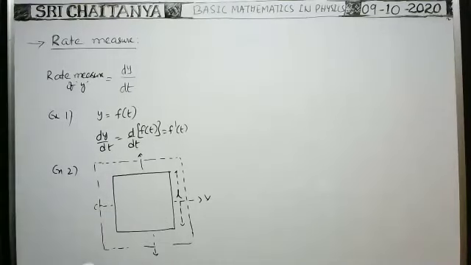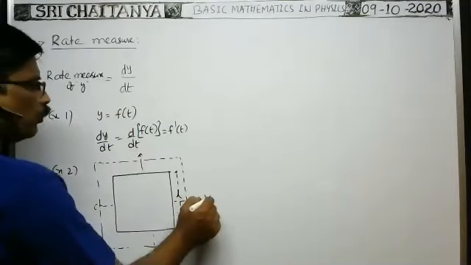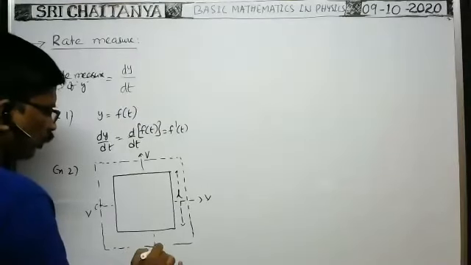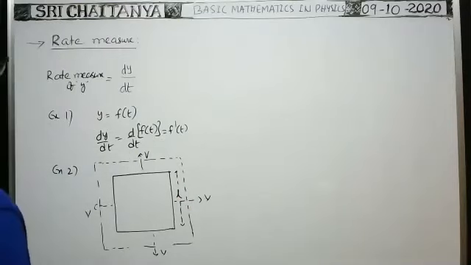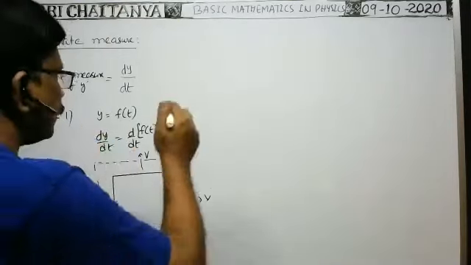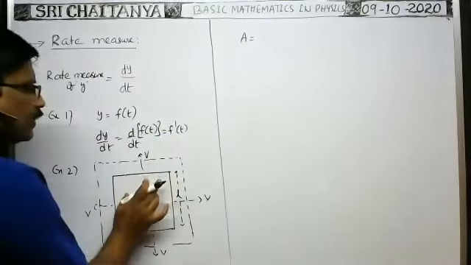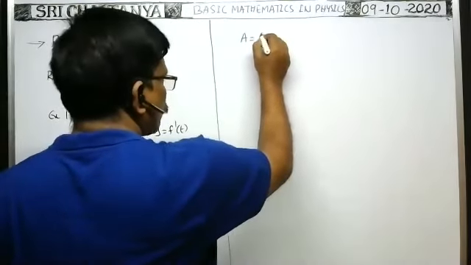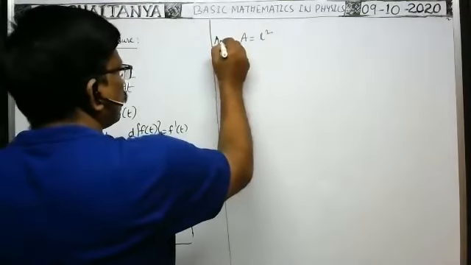So the question is, what is the increase in the area of the square frame, if each side moves with a speed v in its direction? That is the question they asked. Generally, at the instant when the side is L, the area of the square frame is equal to L square, because the side is L.